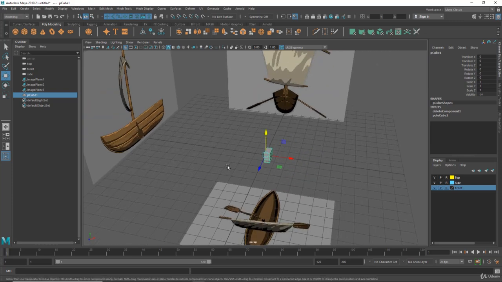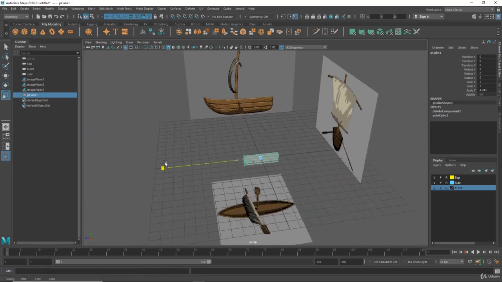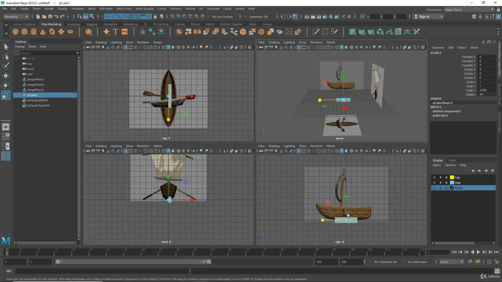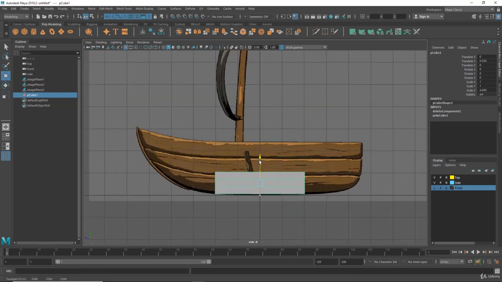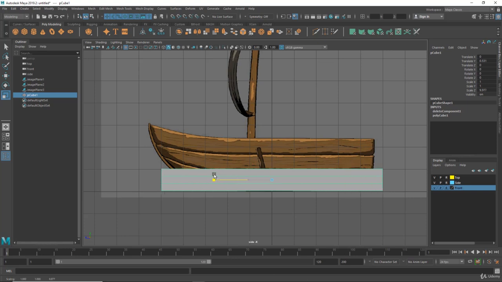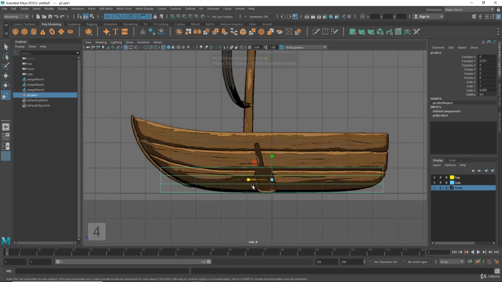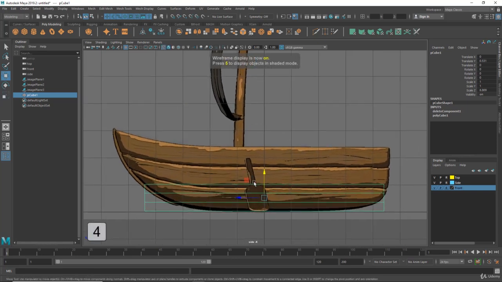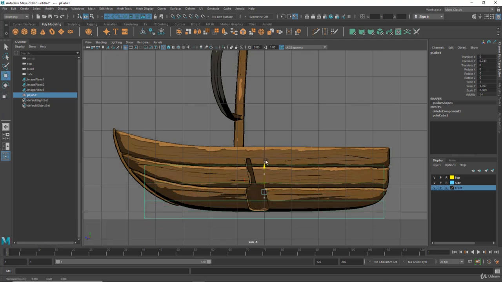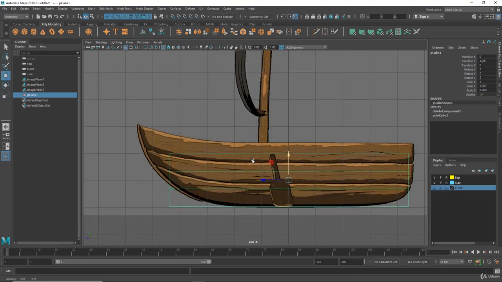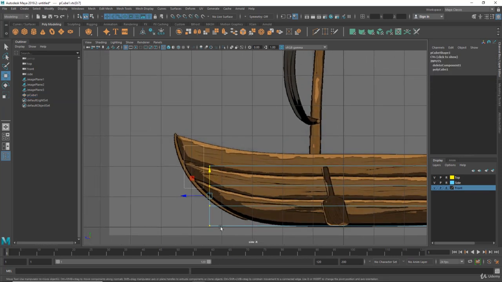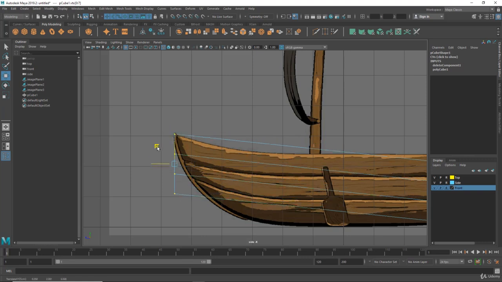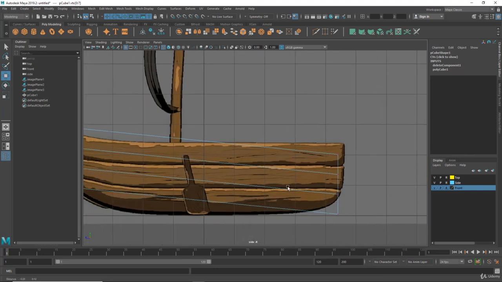of the ship. So now I'm going to scale that, and I'm going to the side view, and I'm going to move that up, and I'm going to scale that. You can hit 4 on the keyboard to see the wireframe, and I'm going to scale it up like that. So now we can just right click and choose vertex, and I'm going to match the shape of the box